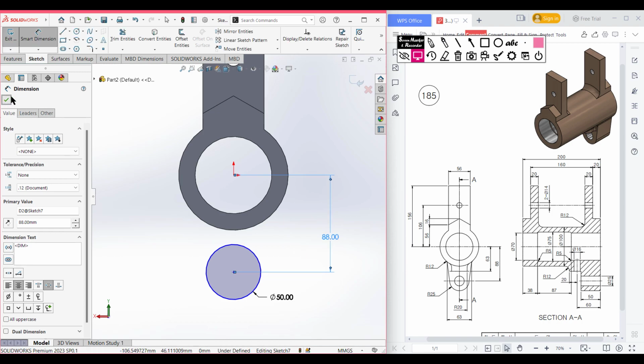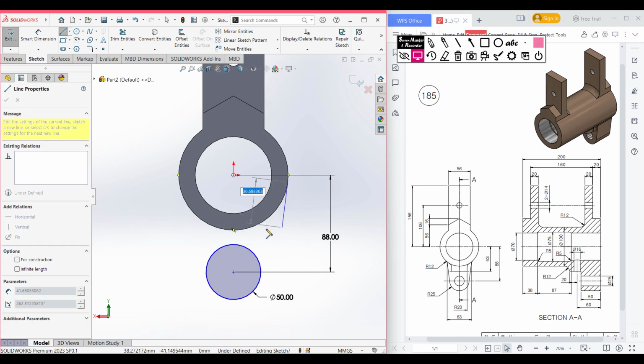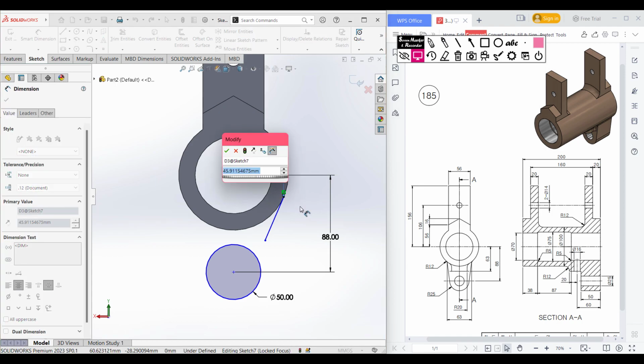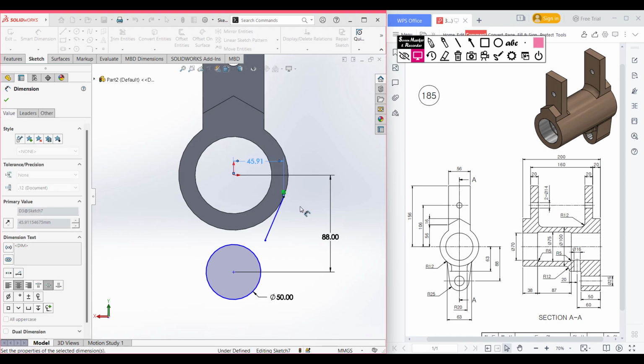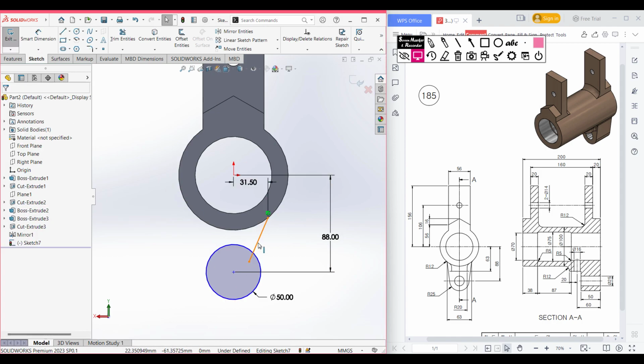Now press OK. Now select a line and draw a line from here to here. Okay, so I have drawn a line, but we can see the total distance from this point to this line, total distance is 63 unit. So from this point to this point, the half distance will be 63 divided by 2. Okay, so this portion has been done. Now press OK. As you can see, this portion is underdefined,